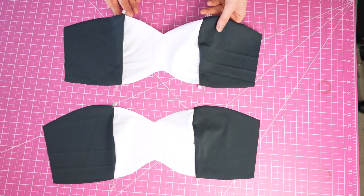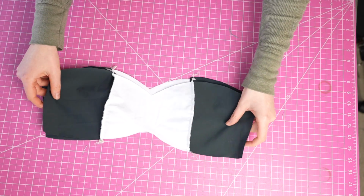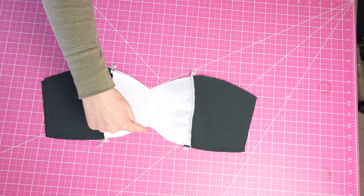So now we're going to be sewing together our front pieces. So here's the point in the video where the directions are the same for all the front pieces. It just looks a little different depending on what version you've made. Match your front pieces with right sides together and sew and attach 1/4 inch elastic onto the top and bottom